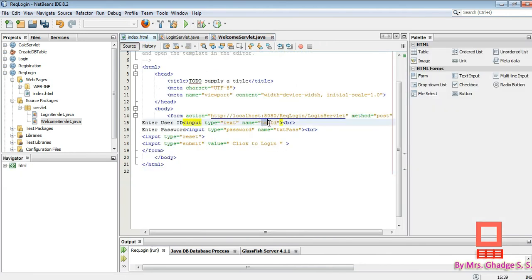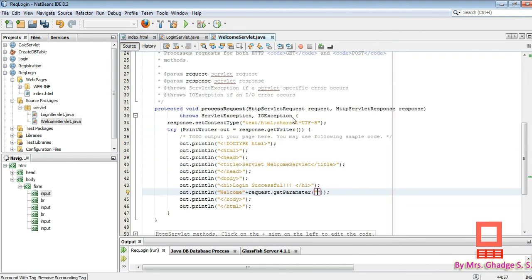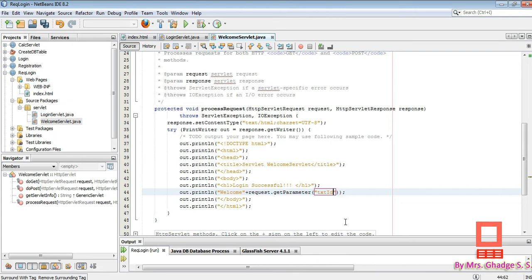Txt id. Just copy it and paste it here. Txt id. Okay, so it will display the message, and after that just plus in double quotation marks the exclamation sign.